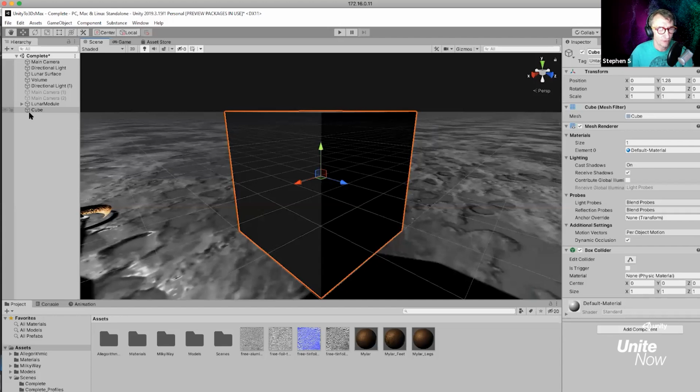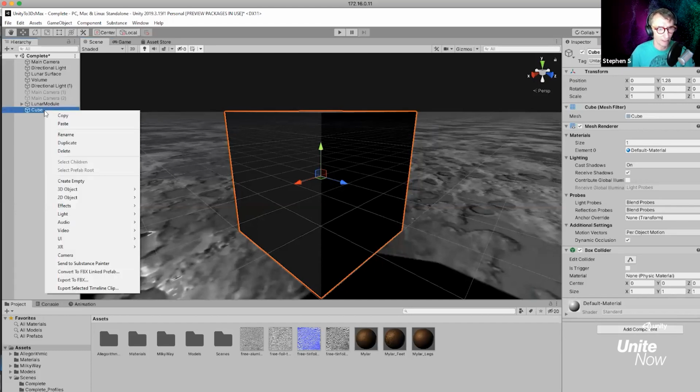And you'll notice that one of the great things is Unity has created a new icon system for this whole workflow, which is really cool. So when you see this cube here, when it just looks like just an outline of the cube, you'll notice it's not a linked prefab. So I'm going to right click on that and I'm going to convert that to a linked prefab. You could also export it to an FBX file, but for what we're doing, it's best to just use the convert to linked prefab.